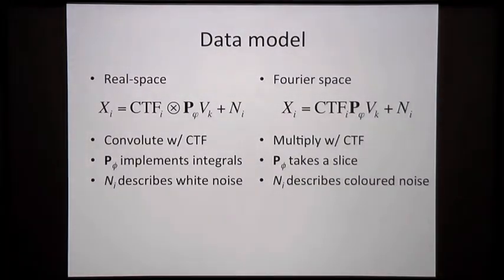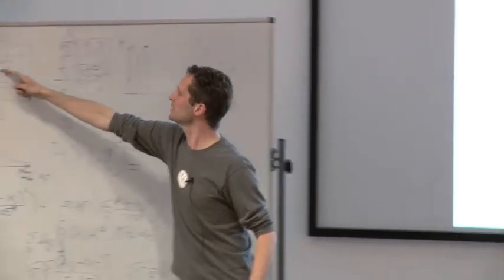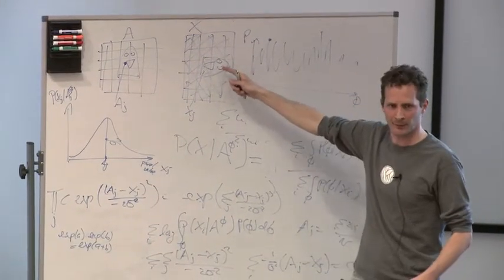What we're going to do is change our real space model, where an experimental image was a convolution of a projection of a 3D map with noise, to Fourier space, where now, again, this is taking a slice out of a 3D transform, and this becomes a multiplication. Now these multiplications are much easier to deal with in the computer than these convolutions. And the type of noise we're going to add on this is now different, because whereas here we had one pixel value for a reference image and an experimental image,